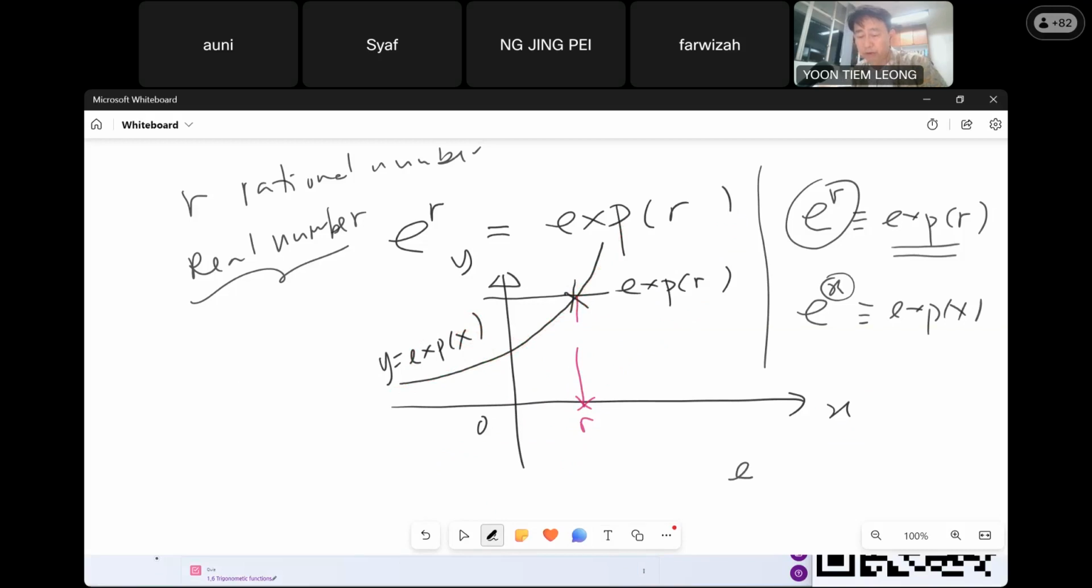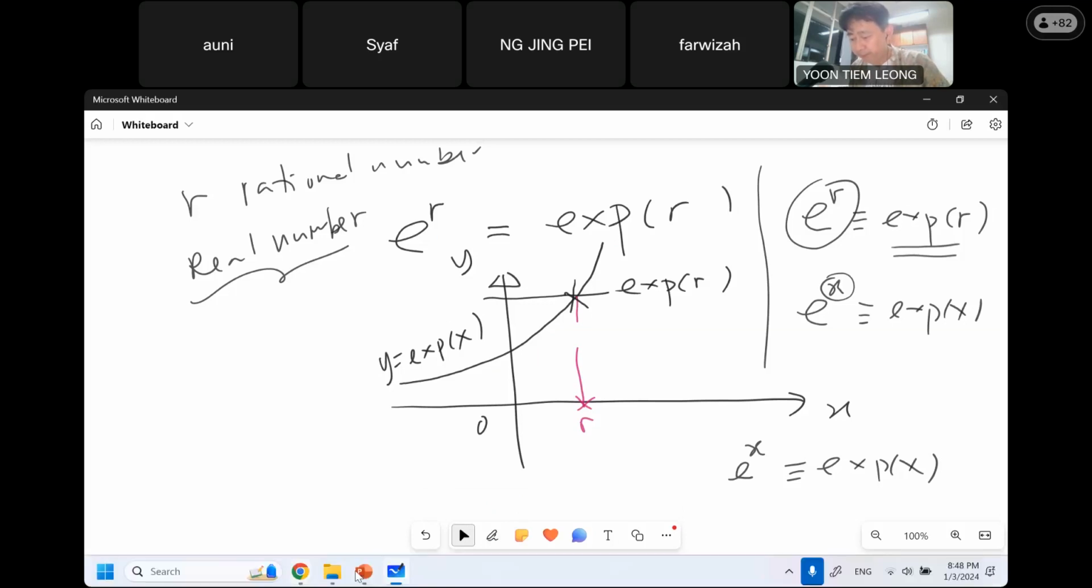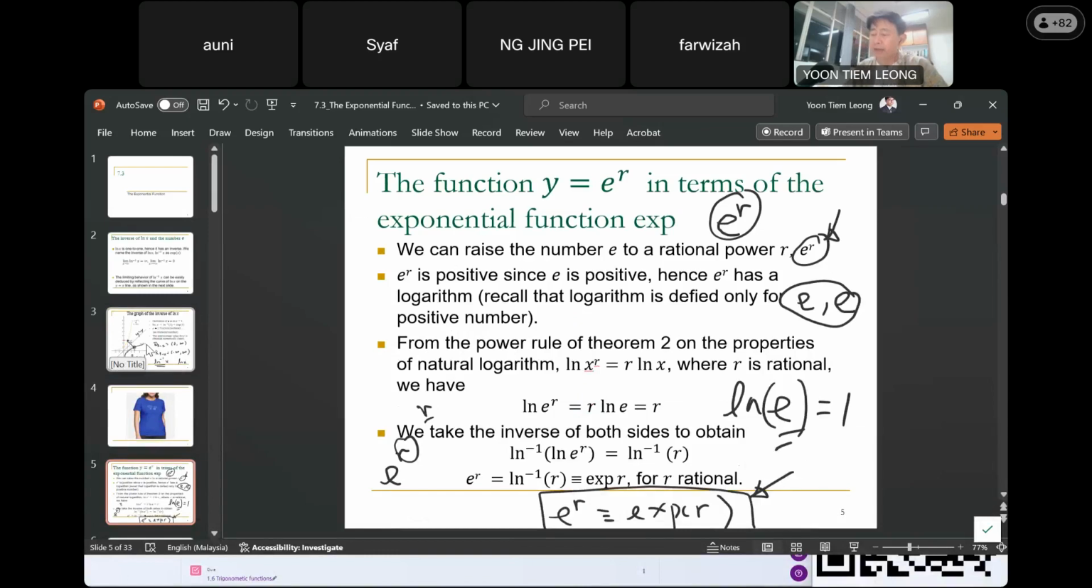You can always calculate the values of e raised to a real number x, and its value can just be read off from the exponential curve. So that is what I want to say for this slide. Now, once we have established that you can always calculate the values of the exponents of e, the next thing is